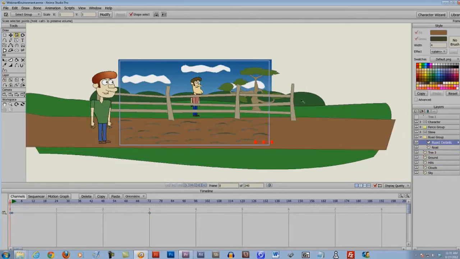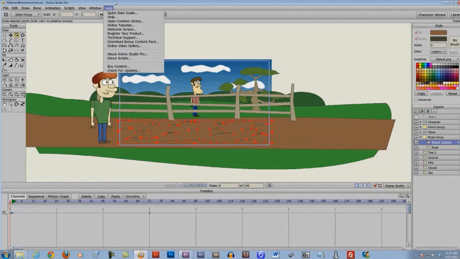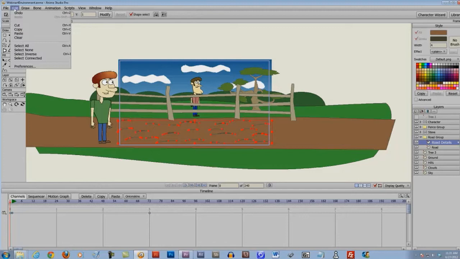I will just click on that road details layer, hold in Control, and hit the A button. Or alternatively, you can go to Edit, Select All. This will select all the details you have on the road, and then we can go to Edit, Copy, and